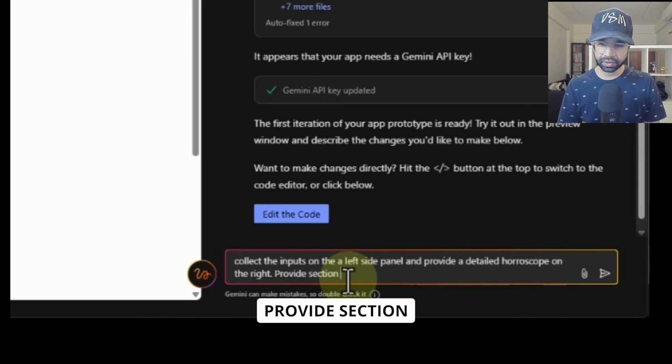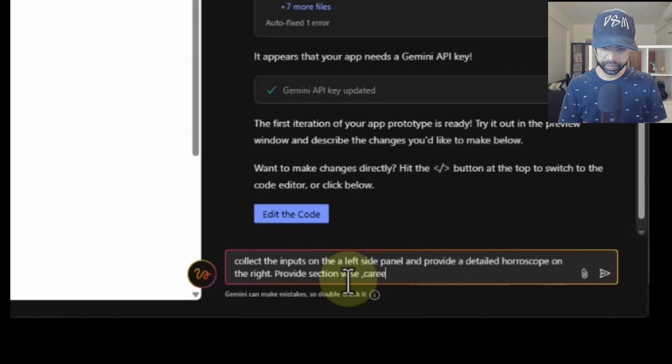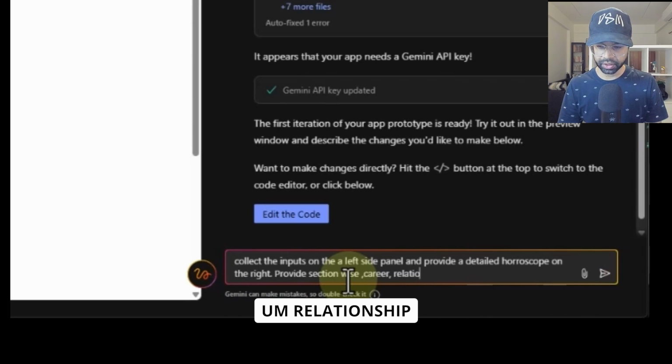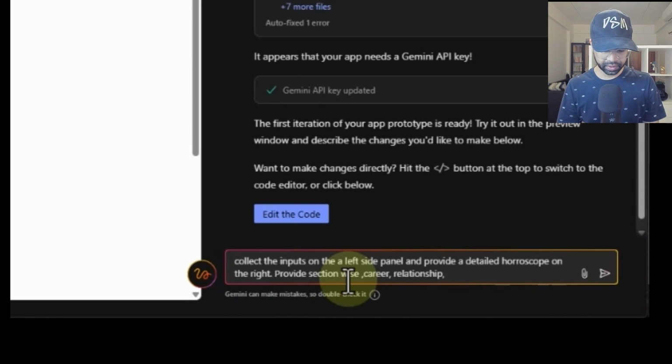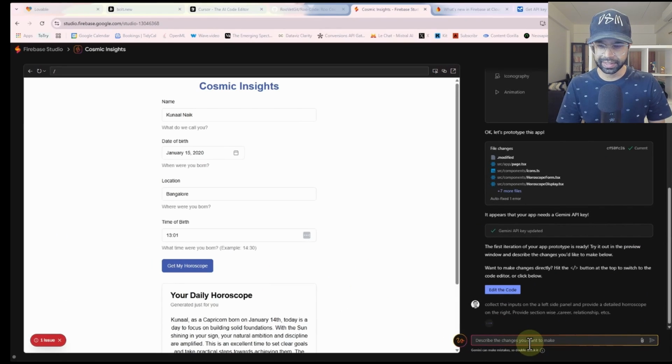Provide section wise, right? Career, relationship, etc.